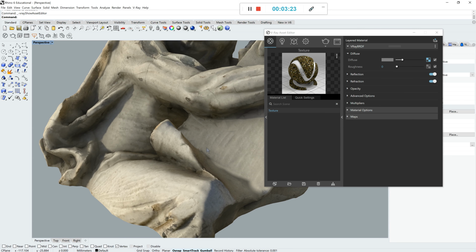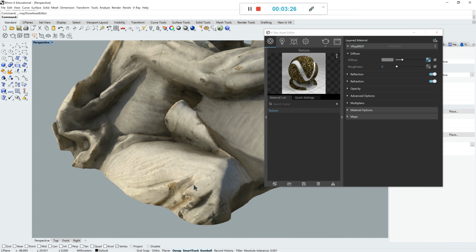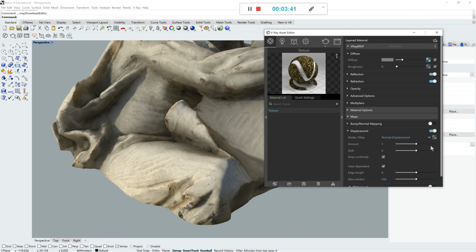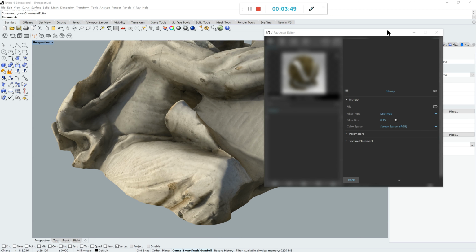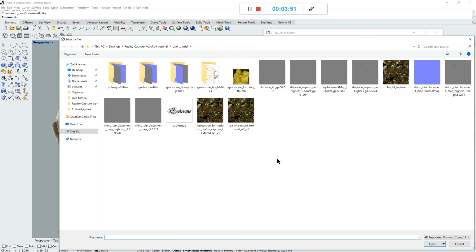So if I render this now, it will look pretty much like in the viewport, but I can now add in my displacement map. So here within the material options, there's the maps tab, and here you can add displacement. You have to turn it on in the same way that you're applying an image to the diffuse channel. You can add an image to the displacement channel. So displacement, you can really see it as a kind of extrude. So same thing here, bitmap, and then I choose my Rhino displacement, in this case XL,